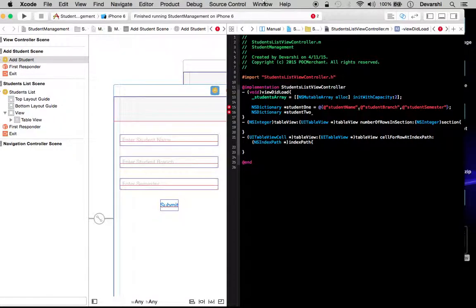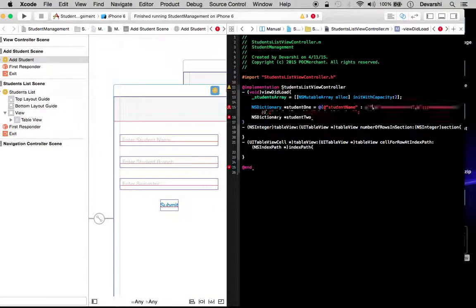Now for each key added, I will add some value, which we can do by putting a colon in front of the key and providing some values. Say the student name is Devarshi, say my branch is CS, and say I'm in fourth semester.